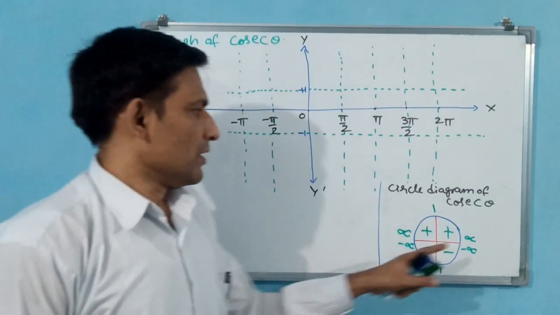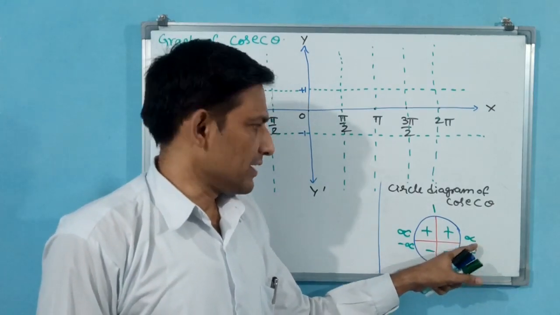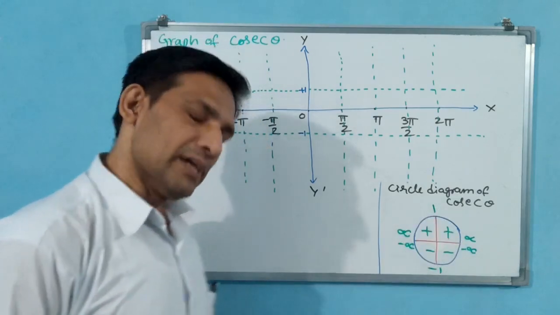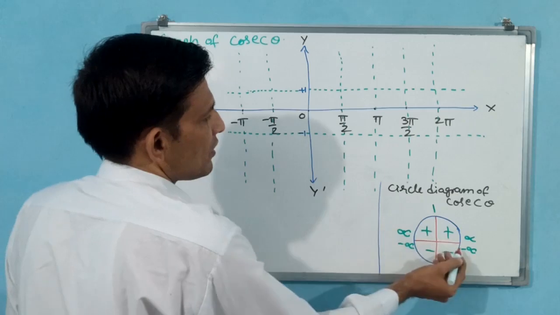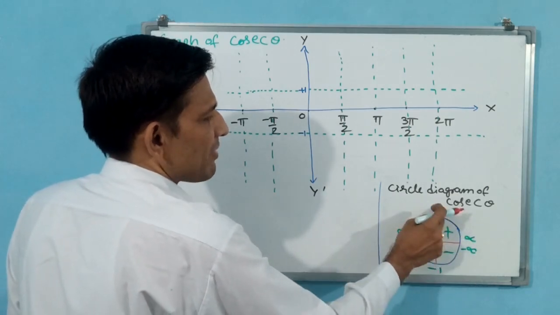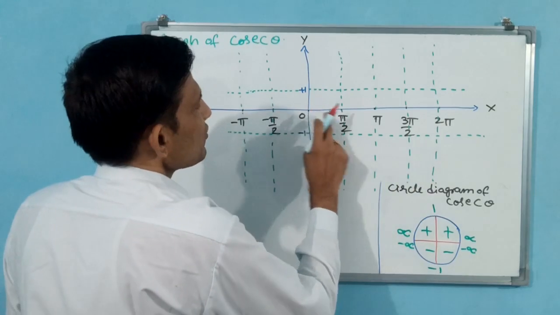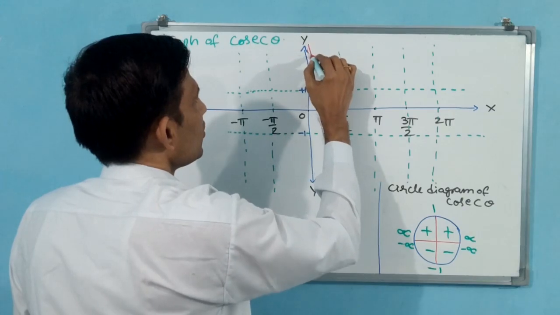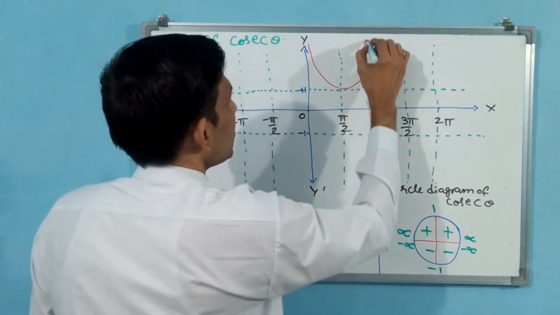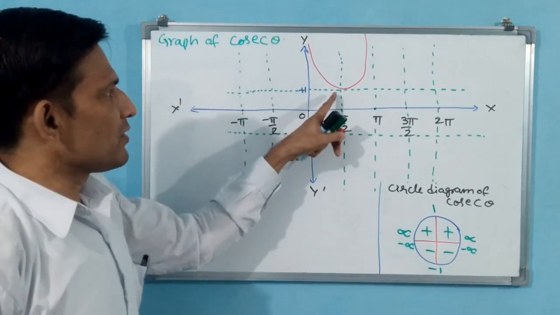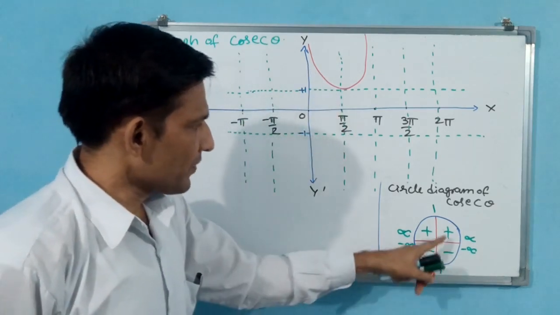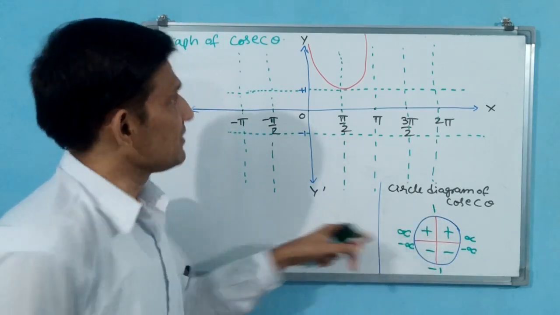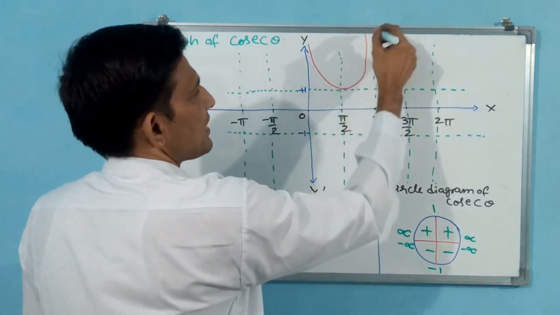Okay. See, at 0 degree, two infinities are there. If you rotate in the positive direction, then positive infinity to 1. From 0 to pi by 2, 0 to 90 degrees, plus infinity to 1; plus infinity means here it will come. 0 to pi by 2, plus infinity to 1 has come. Then pi by 2 to 180, pi, plus 1 to plus infinity. That is why I have already drawn this graph.